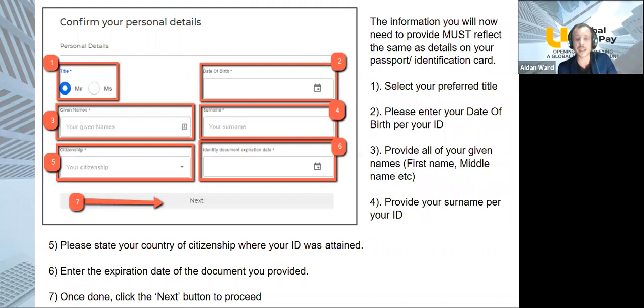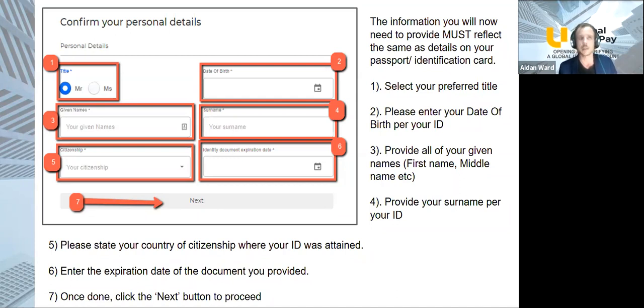Cool. So for these next couple of slides, all we're doing is transferring the information on the ID we've just uploaded into written form. Okay, so you're going to select whether you're a Mr. or a Ms. You're next going to enter your date of birth. Keep in mind that you'll need to follow the format that it suggests. So if it says date first, then month, then year, you'll do date, then month, then year. If it says month, then date, then year, you'll do the month, followed by the date, followed by the year. And in rare examples, which you'll see later in the presentation, there are some instances where it'll be the year first, followed by the month and then the date. So just keep in mind what the format is